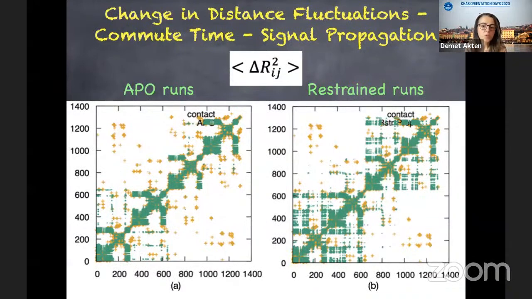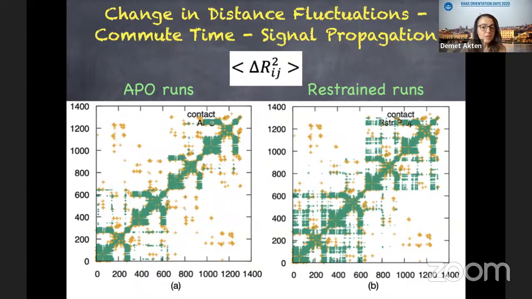This value is very important because it also gives you the commute time, which corresponds to the amount of signal transmission between residue pairs. Here, the important part of this signal transmission is to highlight the pairs of residues that are distant from each other in the protein, but they communicate. They have a low distance fluctuation, meaning they transmit signal to each other, but they are distant to each other. And that can be a very important sign for a certain type of allosteric